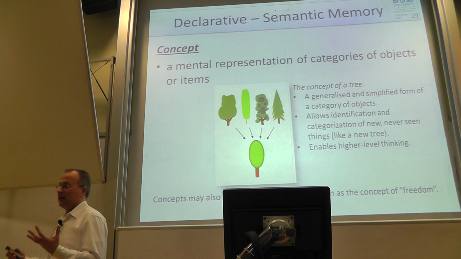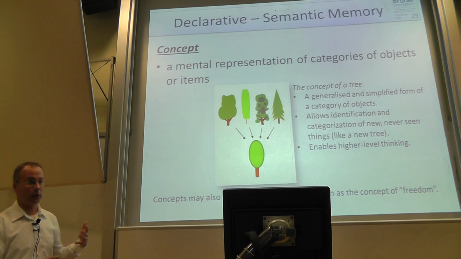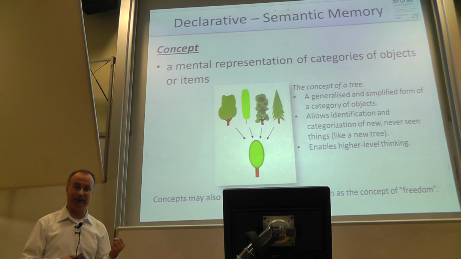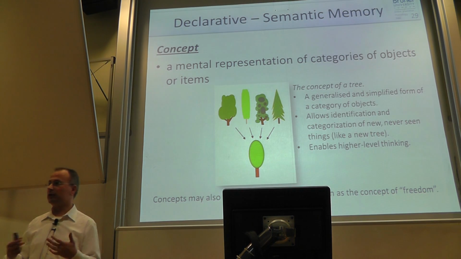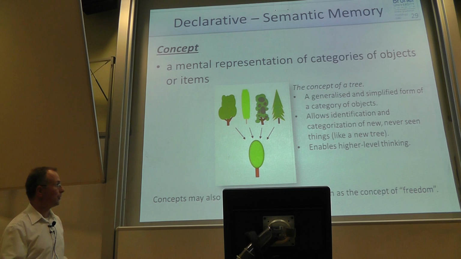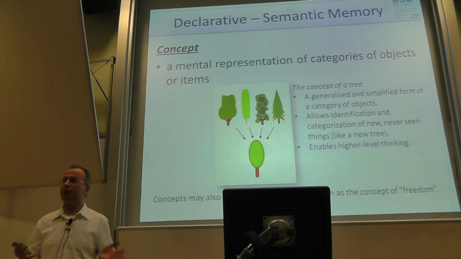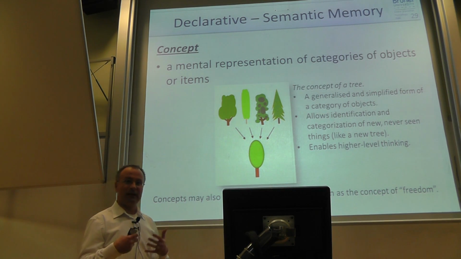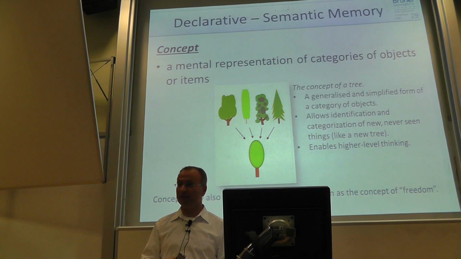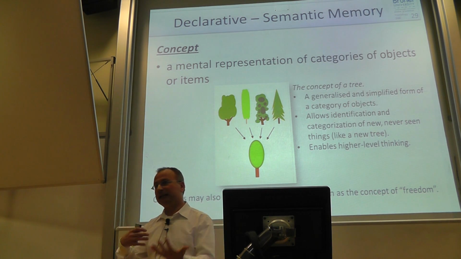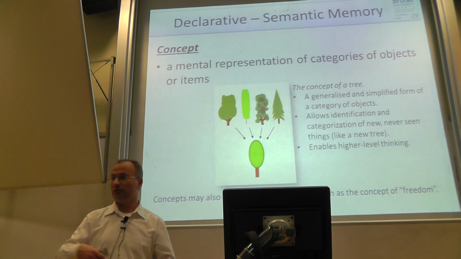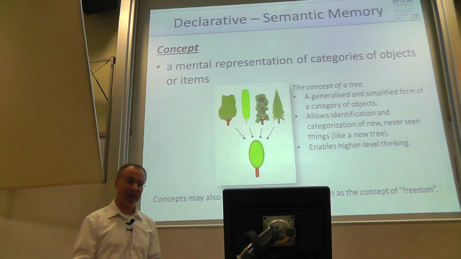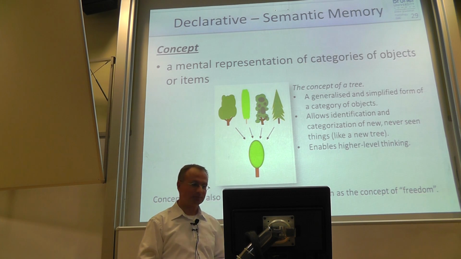This example is a very concrete thing, a tree, you see it. However, the same idea holds also for abstract concepts. For instance, the concept of freedom, with a generic idea of what freedom is, combines a lot of different things, like freedom, prison or free, freedom of choice, or things like that.